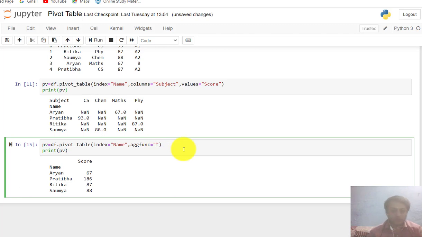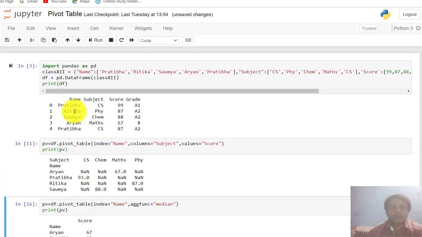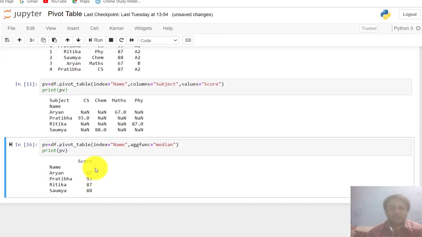Mean we already performed, so now I am performing median, and you see its output. You can only check this with the help of Pratibha, because the other names have only one value, so it is shown as it is.